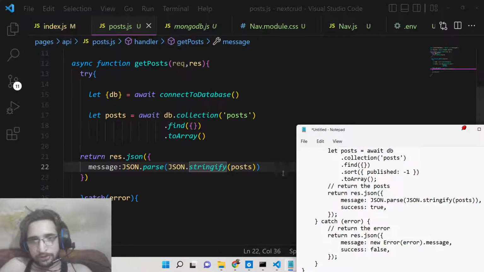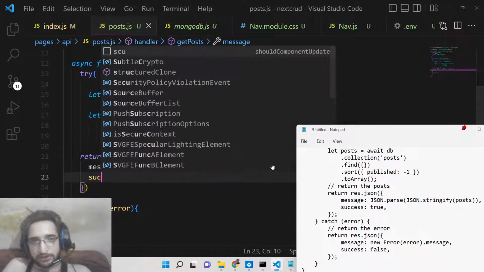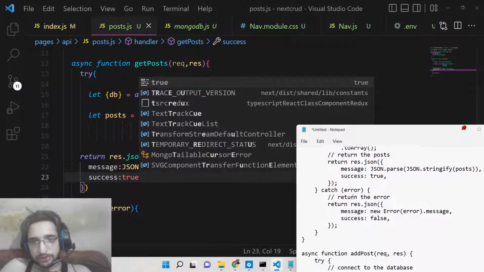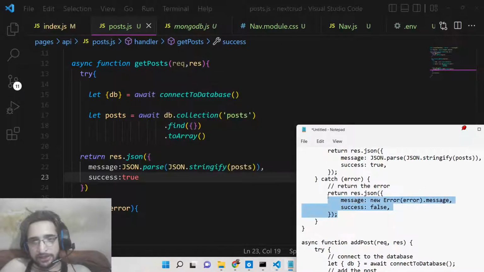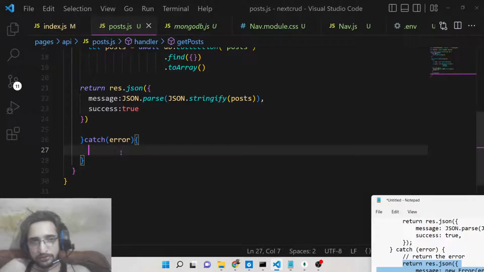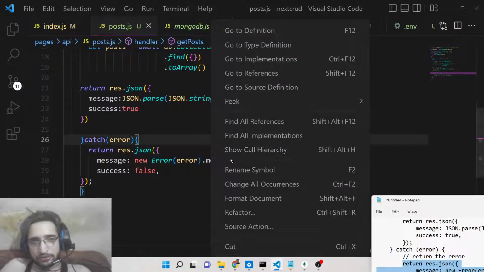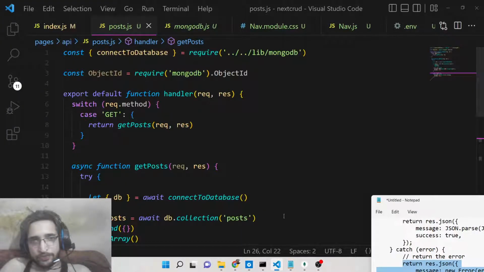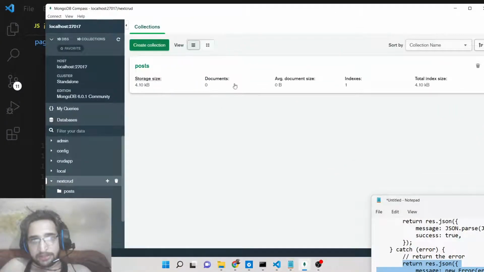And also the second parameter we will be saying success to true, that's it. In case of any error is there, guys, we will return the error message inside the JSON. So success will be false. So basically, guys, inside this table we can